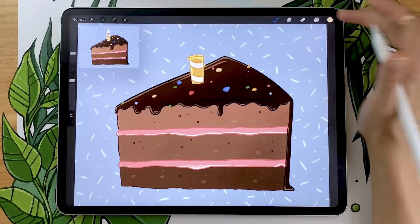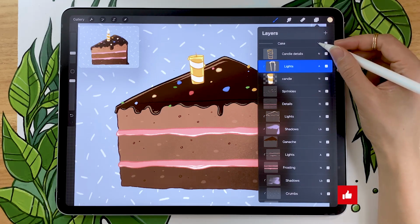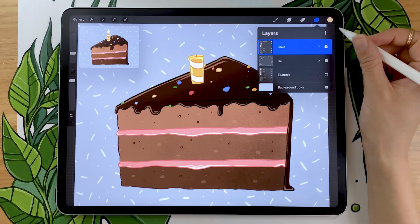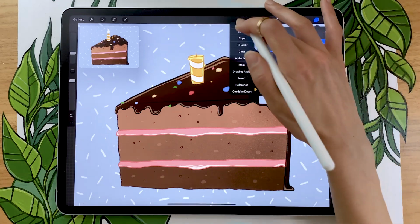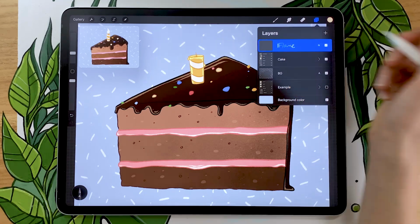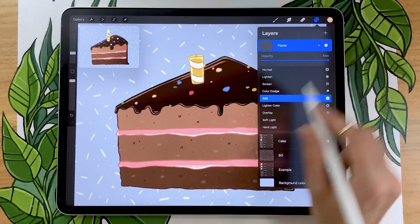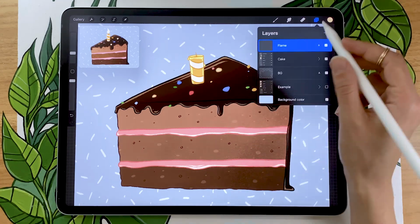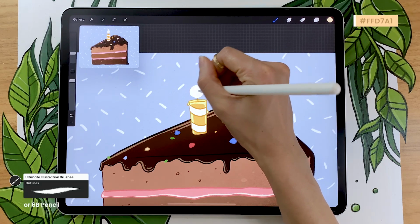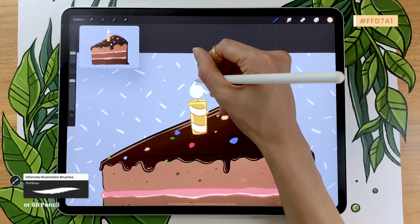So we're simply going to start by drawing one version of the flame. So creating a new layer that is above your cake group. That is very, very important. You want to create a layer that is outside of your cake group and is sitting on top of it. And this layer, you're going to rename it to flame. We're also going to use add as the blending mode, but this time leaving the opacity at 100%. And we're just going to use the same color that we used for the highlights, so a super bright yellow. And you can simply start by drawing a circle for the base of the flame